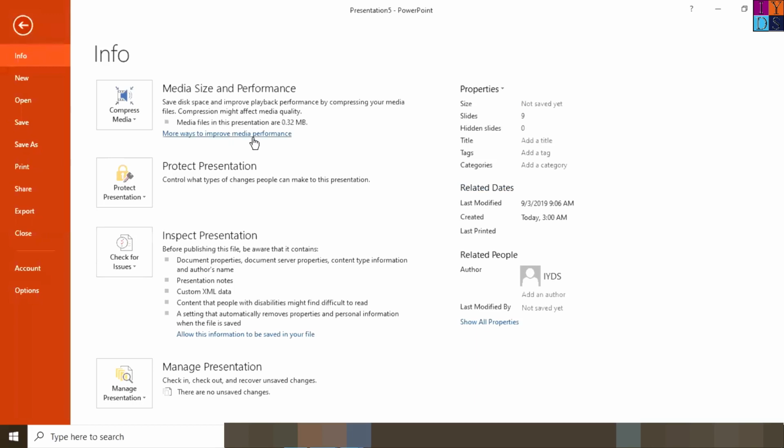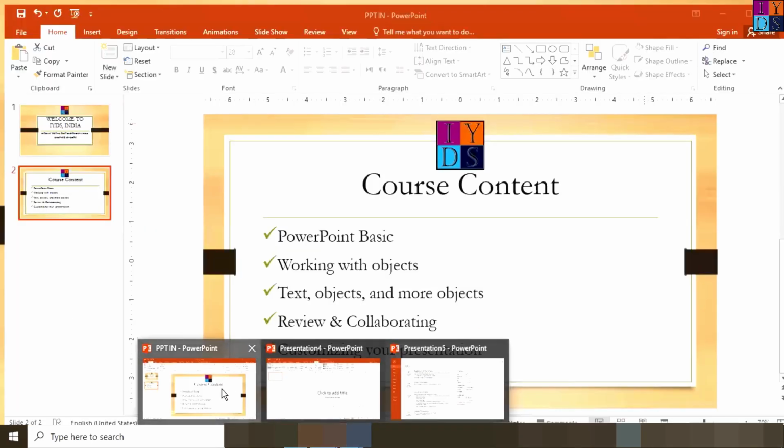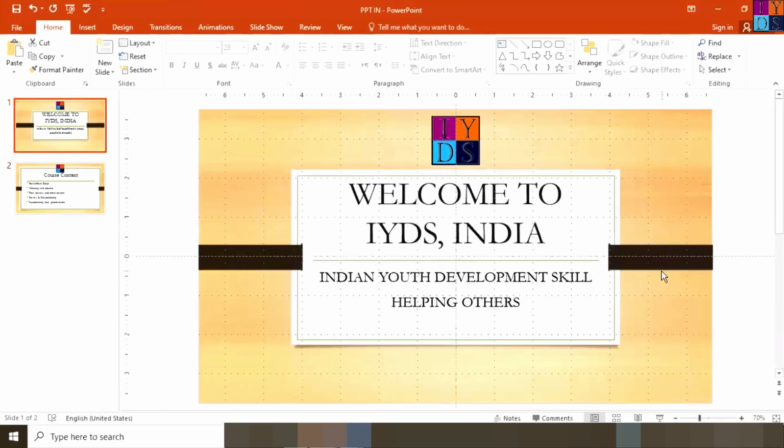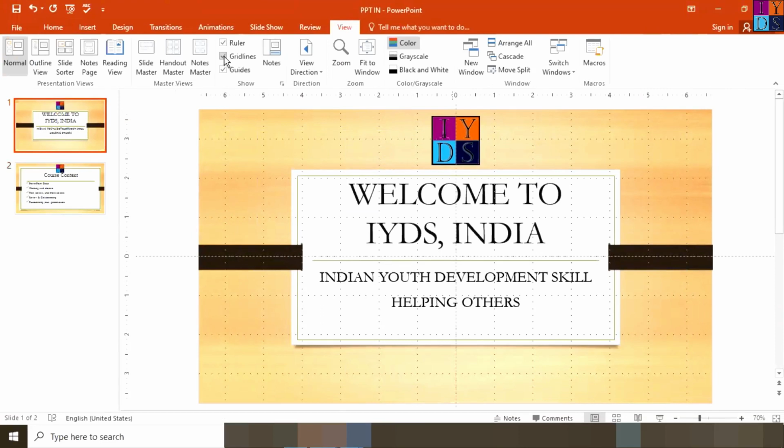The file will be corrupted, so that's why it can't show. Okay, see, this is the IYDS. Now I'm going to hide the grid lines. See,